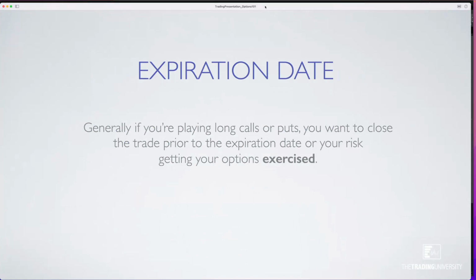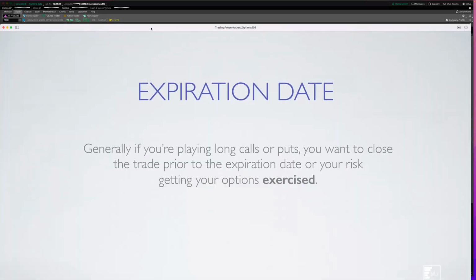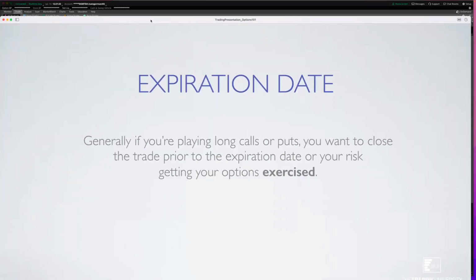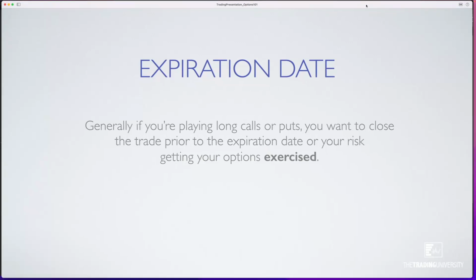And the expiration date is key because generally, if you're playing a long call or put, you want to close the trade prior to the expiration date, or you risk getting your options exercised. So the expiration date on an option, what you're paying for is the right to buy or sell the underlying stock within a certain time frame at a certain price. And so the time frame factor